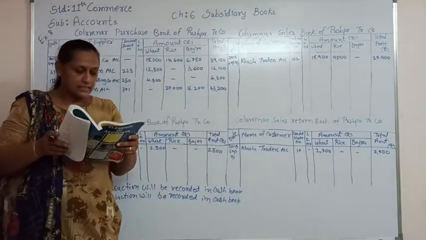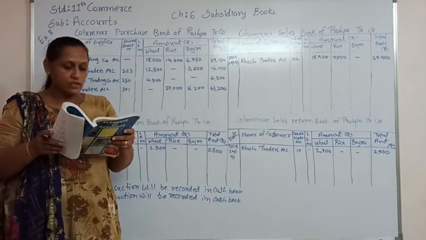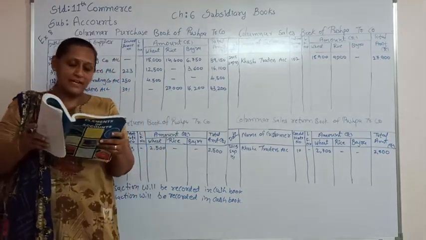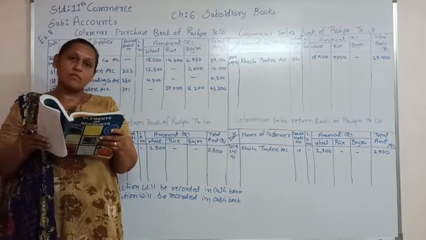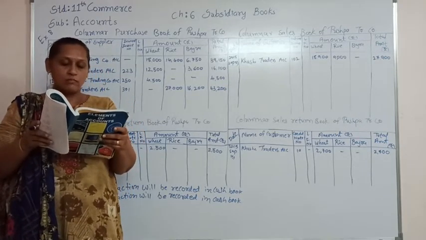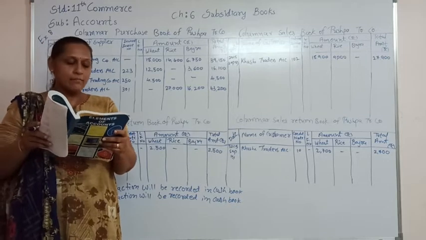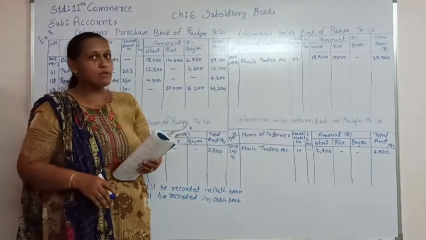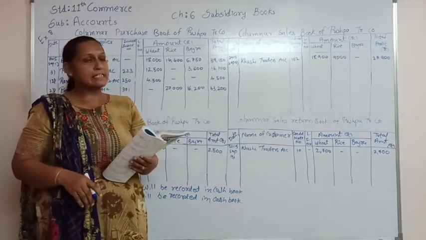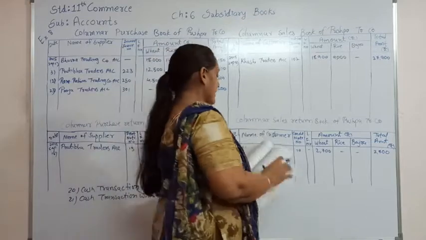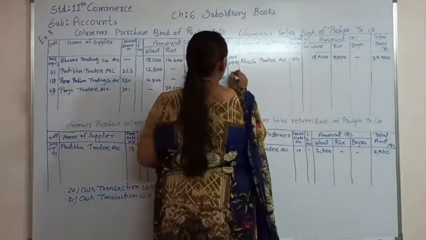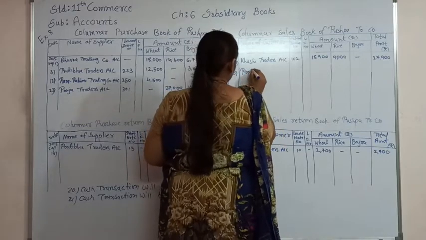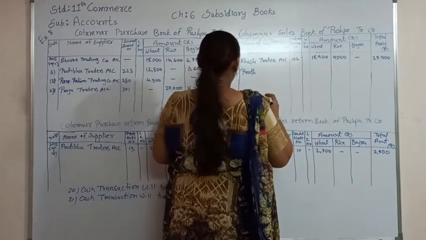Now let's see date number 25. 50% goods purchased from Puja Traders were sold to Pratna Traders by adding 20% profit. Invoice number 115. 50% amount was paid immediately by Pratna Traders. So as it is a half cash half credit transaction, but we are going to record it as a whole credit transaction, and we will write it here in a sales book, 25, that is Pratna Traders.